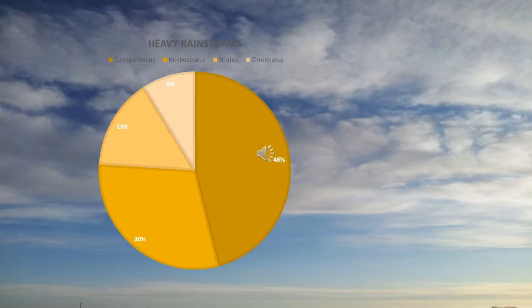This chart represents the percentage of clouds that hold the most water, therefore producing more precipitation. The cumulonimbus cloud is the only cloud that can produce electricity, which means they make the storms that have heavy downpours. Nimbostratus are the clouds that are present during blizzards and flood rains. Stratus and cirrostratus both indicate impending rain, but normally come down in drizzles or showers.